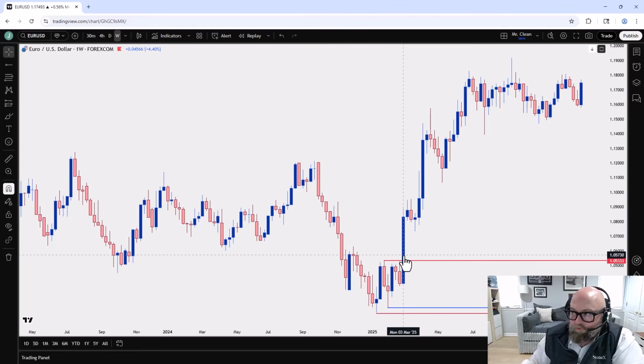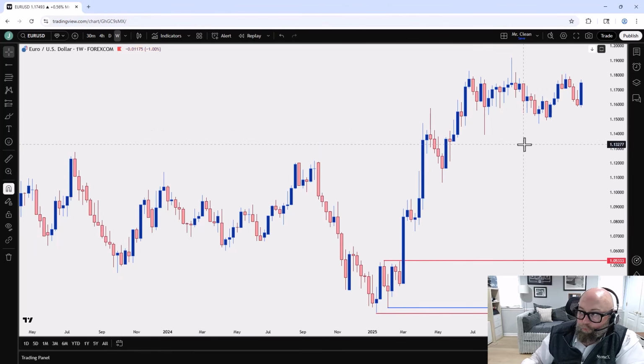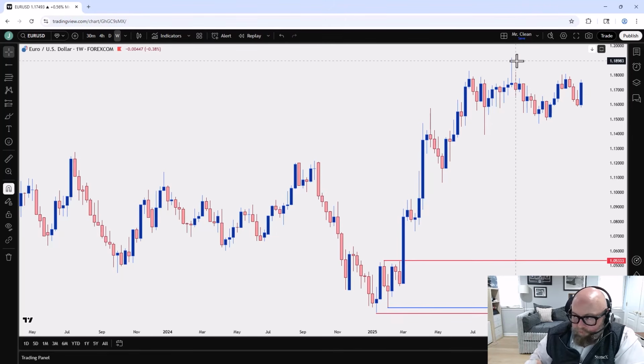Now, the whole reason that this is important is because of what's playing through right now, where buyers have been unable to break up to that fresh high. So we might be nearing a point where reversal is opening up in Eurodollar. We don't know yet, but we're going to get feedback on one direction or the other before too long. And then that's going to inform us of what direction we could then take Eurodollar for a directional bias.